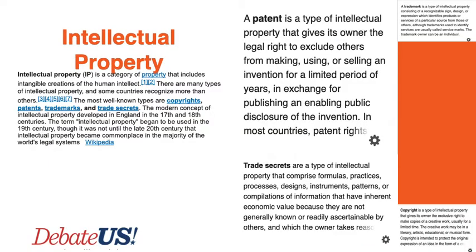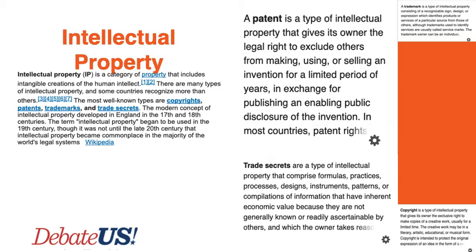Now, what is intellectual property? Intellectual property, as noted, is a category of property that includes the creations of the human intellect. So we normally think of property as just something you own, whether it's a computer, a car, a house, anything of that nature. But these intellectual properties are actually the intellectual creations of an individual. And there are four main types of intellectual property. The first is a patent, which is most of what this topic is going to talk about.